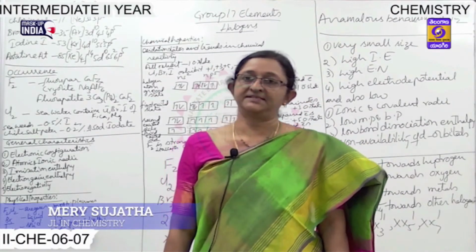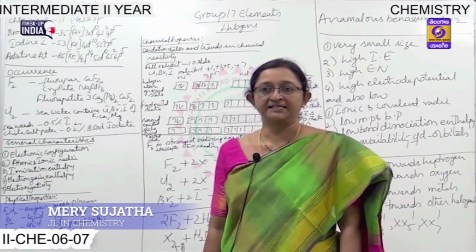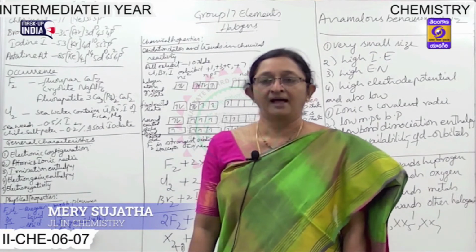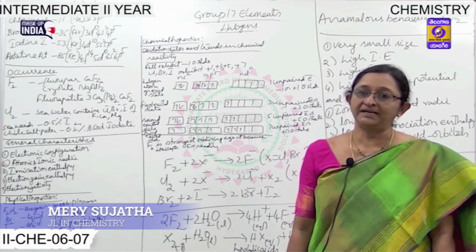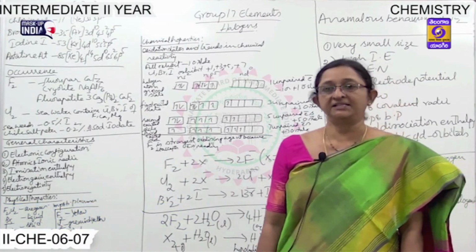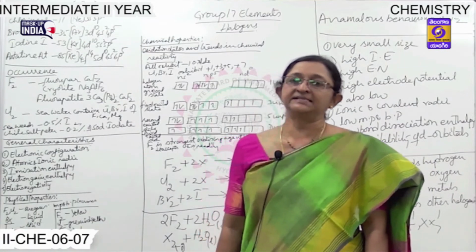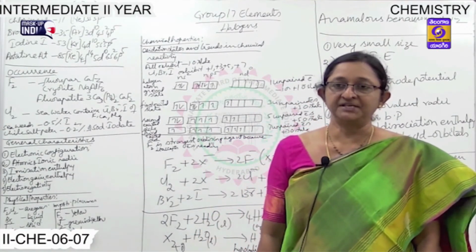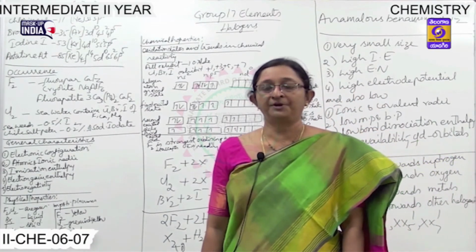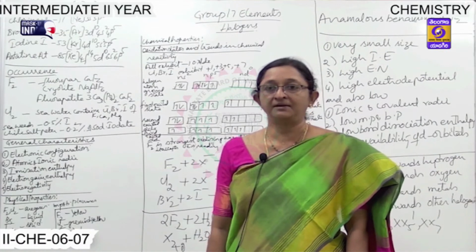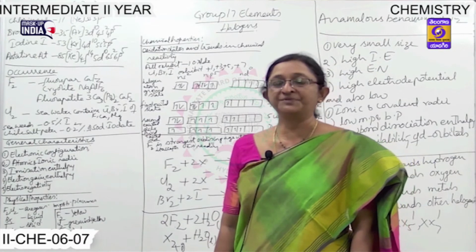In your lower classes, you must have heard about fluorine, which is the highest electronegative element. And you must have heard about the only non-metallic liquid element in the periodic table, that is bromine. And also when you are discussing sublimation, you must have taken the example of iodine. Where these fluorine, bromine and iodine are present, you can see that they belong to group 17